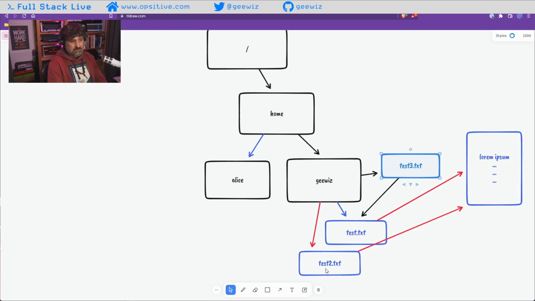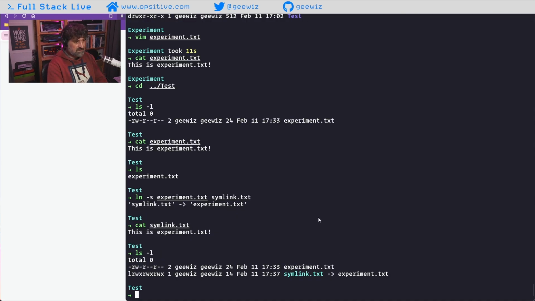So in this case here, experiment.txt can be the only file connected to our file content. There's another hard link in the other directory that I've created earlier, but let's forget about that for a second. So if this was the only file entry referencing the text, this is experiment.txt, it would be freed up. So if I actually delete experiment.txt,